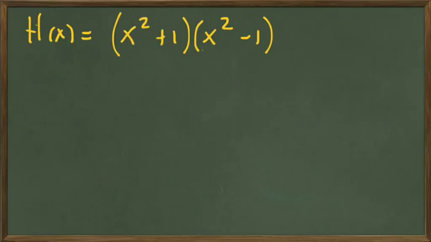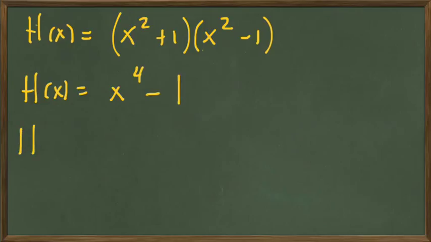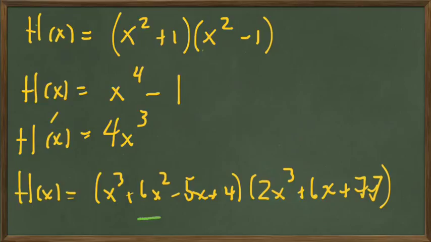So you're probably thinking, well, that's kind of a pain, because I could take this original product function and rewrite it as x to the fourth minus 1, and then it was very simple to calculate its derivative. But what would happen if the function h of x was this? Then multiplying h of x out would be very time consuming, and there'd be a big chance for making an error. So while we wouldn't necessarily use the product rule for this original function f of x,